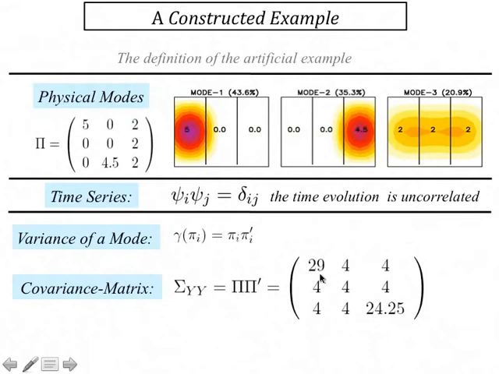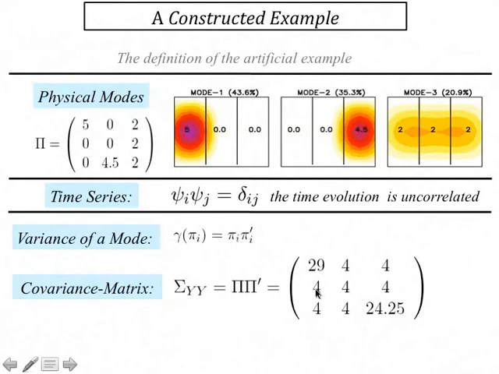So again, on the diagonal of the covariance matrix we had the variance at each point. So let's start with the first point. This is the left point here. The variance at this point is the variance of this pattern plus the variance of this pattern here, which is 0. It's nothing. So 5 squared is 25, plus 0 is 25, plus this pattern, which is 4, is 29. So the variance at the first point is 29. The second point is the point in the middle. This one does nothing, is 0. This one is also 0. And this one here is 4. 2 squared is 4. So the variance in the middle is 4. And then the last point is the right point, which is 0 plus 4.5 squared,